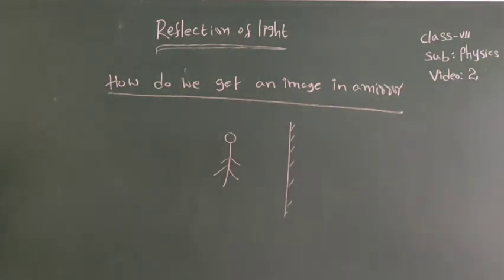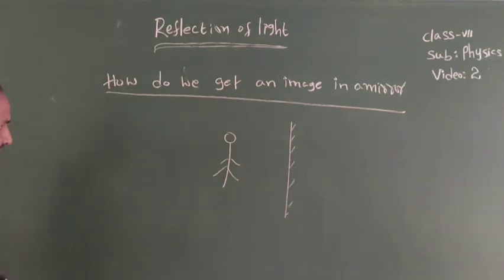During daytime, the light which falls on us gets reflected, and a number of reflected light rays from us that fall on the mirror also get reflected back. These reflected rays reach our eyes and make our image. Once observe this diagram, the formation of image in the mirror due to reflection of light rays, page number 87.